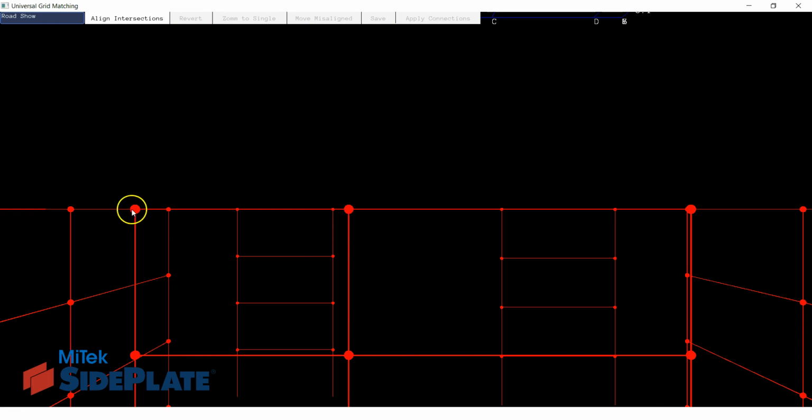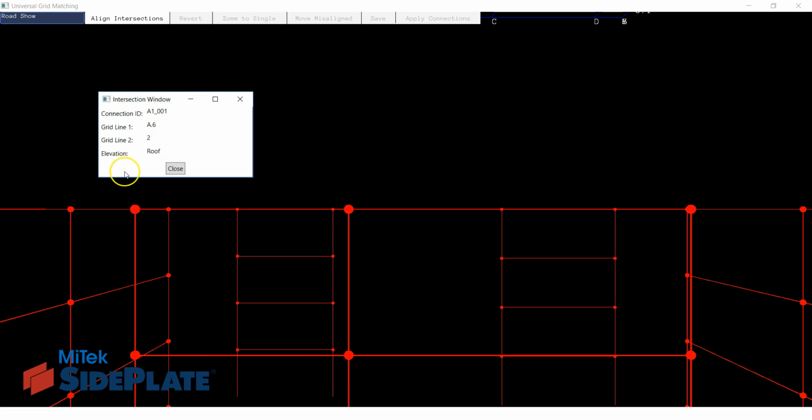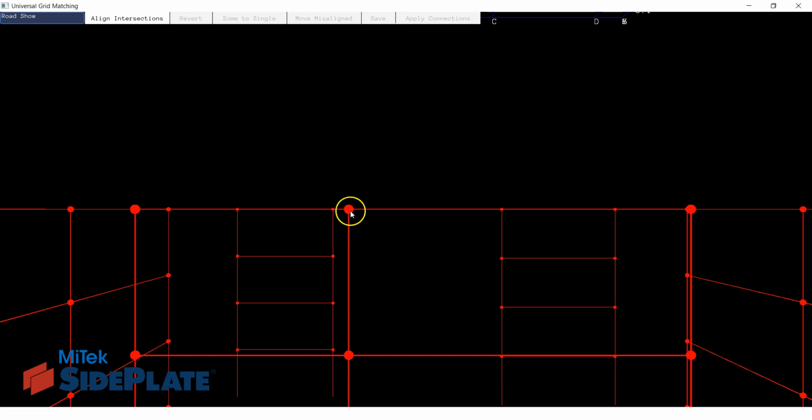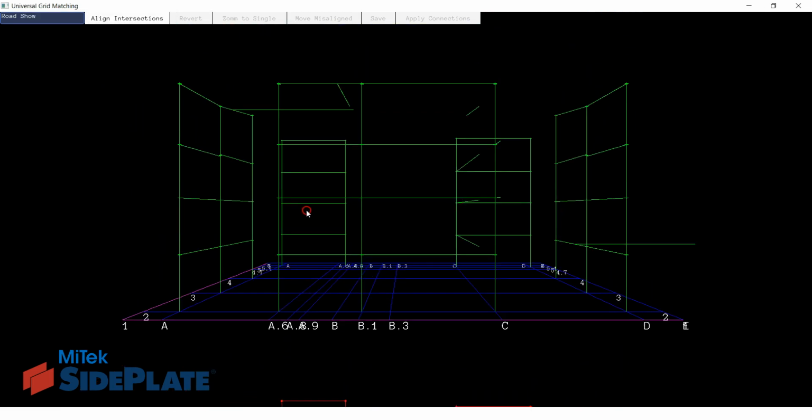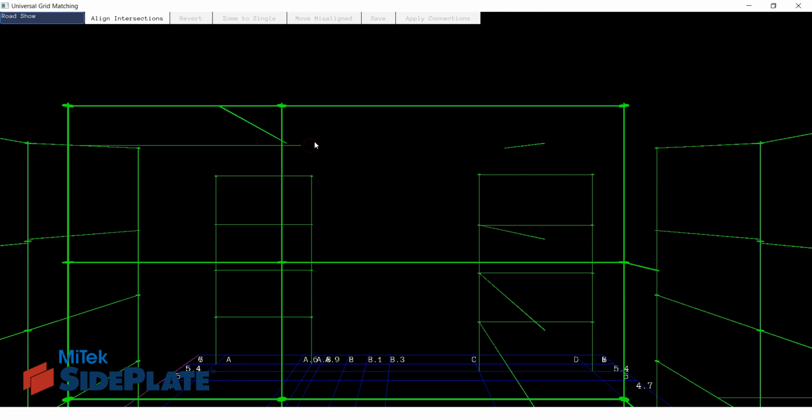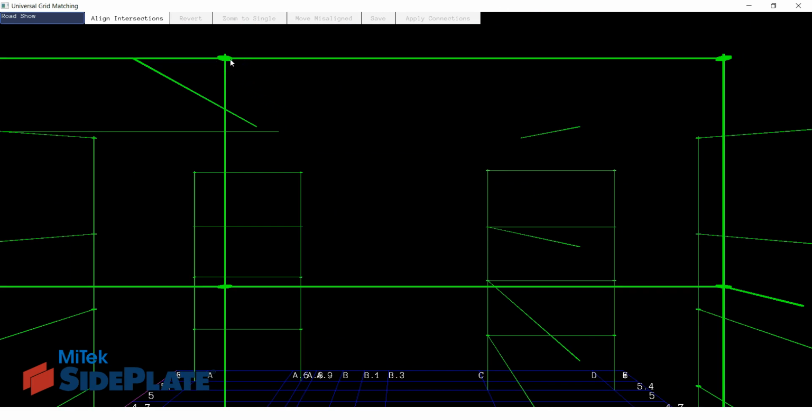If we go ahead and we double click on them, we'll get this window that tells us what the connection ID, that's only for the engineered discs, and where it's located in the model. So this is A62 and the roof. And if we look here, we see that we have a B12 and the roof. Cool. So if we go up to the green discs,